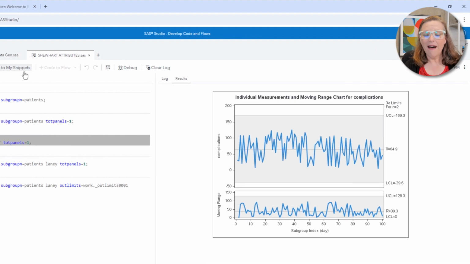There we go. Okay, so again, it's all on one panel because we're using totpanels equals 1. But everything's inside the limits. That's great. There's one problem though. The problem is that we have different numbers of patients each day. The area of opportunity is different on different days. And it bothers me to have flat control limits that don't account for the fact that I have different numbers of patients each day.